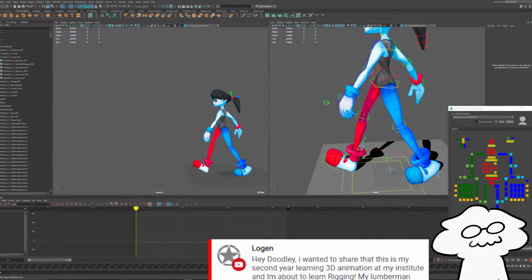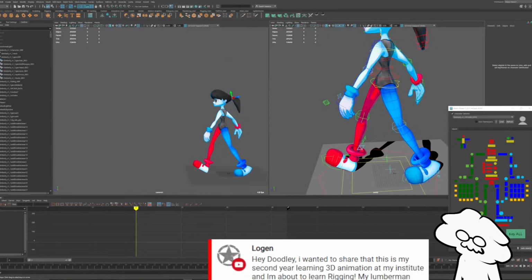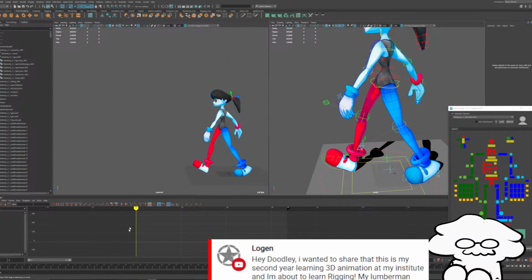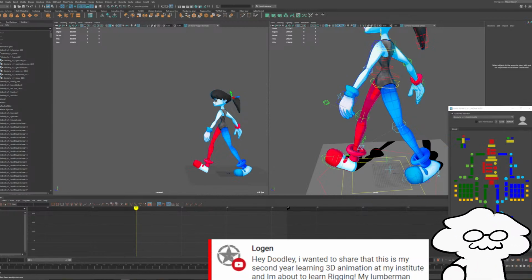All right, Logan. Hey, Doodley. Oh, let me also play music at this point since we're wrapping up. Be a little more chill. Sorry if you were listening to music while you were working or something like that. I just figured it'd be a little nice since we're wrapping up. Let's see. Animal Crossing music, why not?